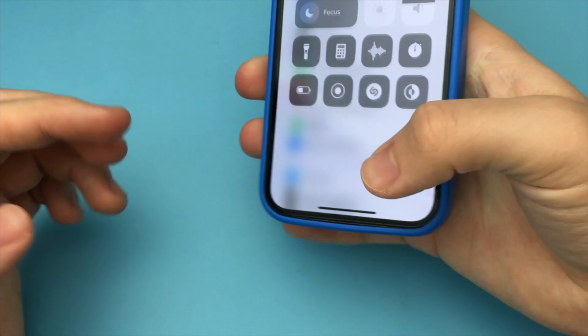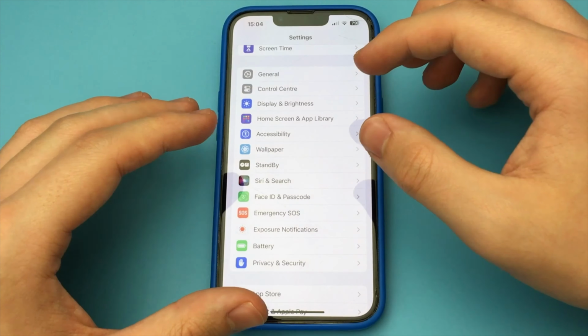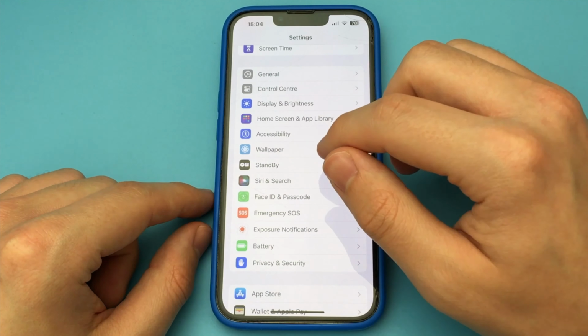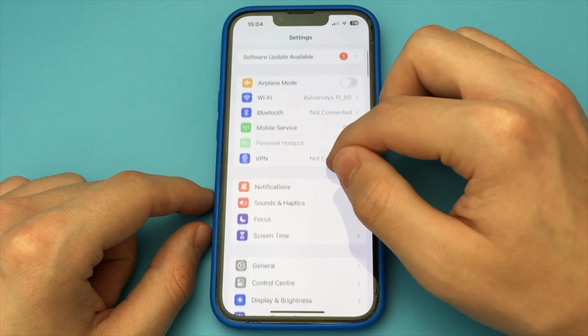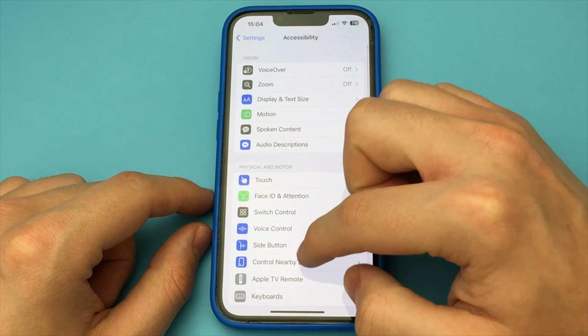Thank you. At the beginning of this video, I showed you how the flash works when you get an incoming call. That is, when you get a call, the flashlight on your iPhone blinks, and it also blinks when new messages come in. A very handy feature. How do you turn it on?